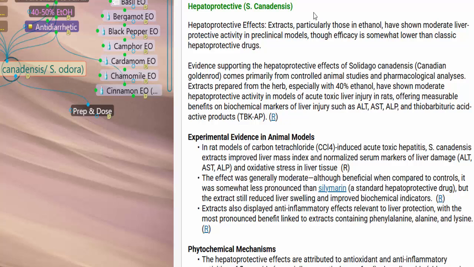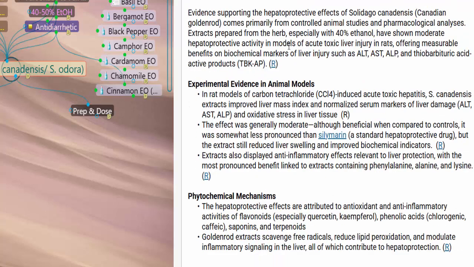Its efficacy is somewhat lower than classic hepatoprotective drugs. Now, oftentimes when you read about drugs in reference to herbal medicine, in the old days, herbal medicines were called drugs. Let's get that out of the way. Evidence supporting the hepatoprotective effects comes primarily from controlled animal studies and pharmacological analysis. Extracts prepared from the herb, especially with 40% ethanol, have shown moderate hepatoprotective activity in models of acute liver toxic